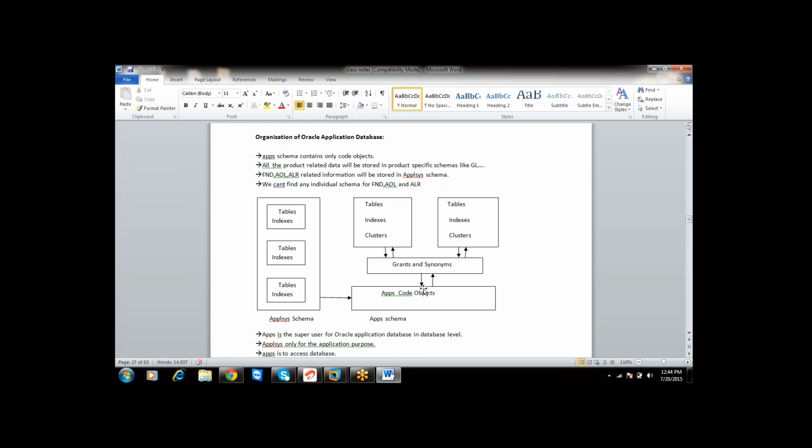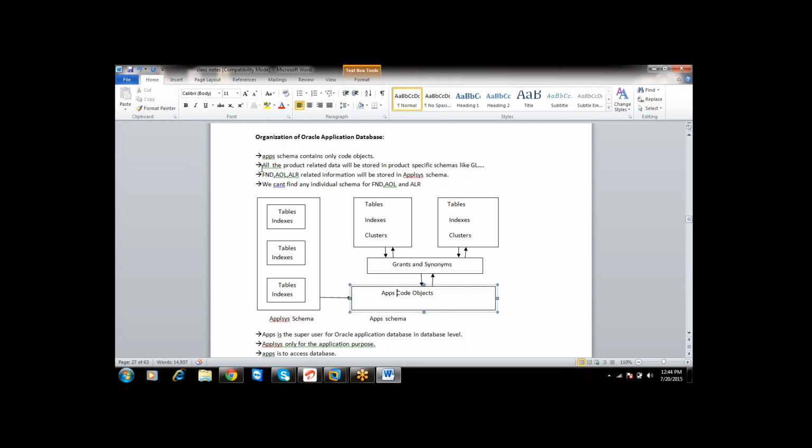Then what is a synonym? A synonym is nothing but the same name. Let us assume there is a table related to application payables. Let us take an example: AP_INVOICES. There is a table called AP_INVOICES. The owner for the AP_INVOICES table will be AP. But a synonym with the same name will be created, and the owner for that synonym will be apps. So whenever you modify any change using the apps schema, that will also get reflected in your ATG, non-ATG schemas. This is very important.